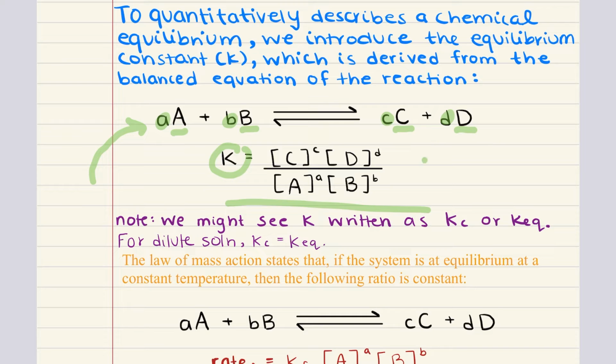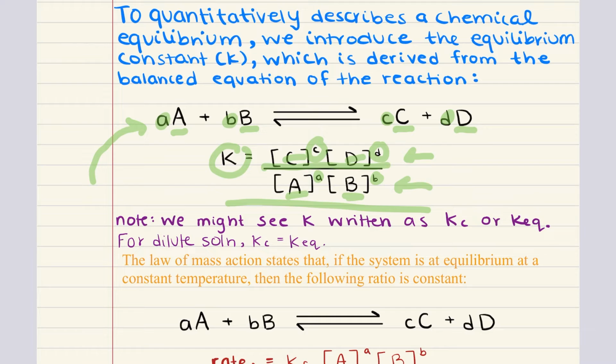What we see is that in the numerator, we have the concentration of the products raised to their stoichiometric coefficients, and that is divided by the concentration of the reactants raised to their stoichiometric coefficients. The equilibrium constant K is then calculated as a ratio. And this formula shows us how the concentration of reactants and products at equilibrium affect the progress and extent of